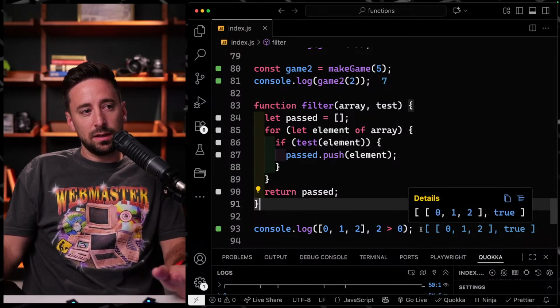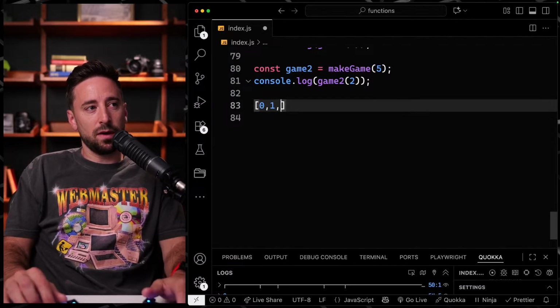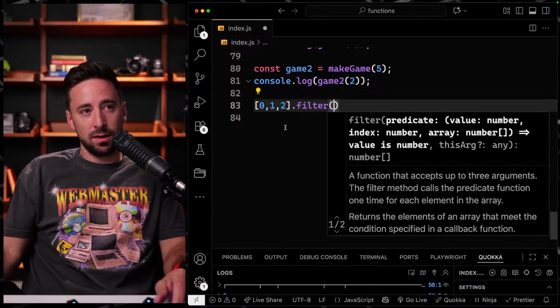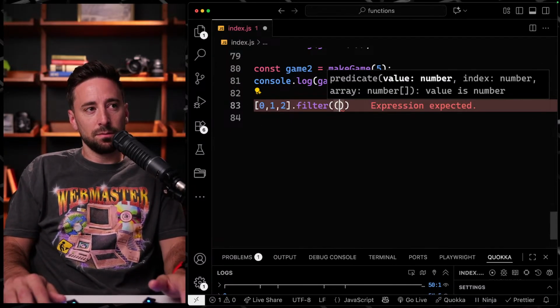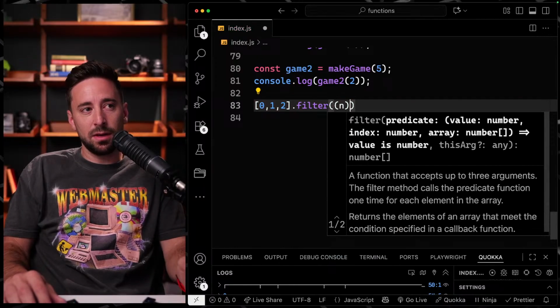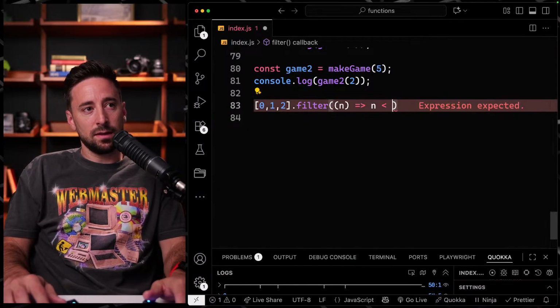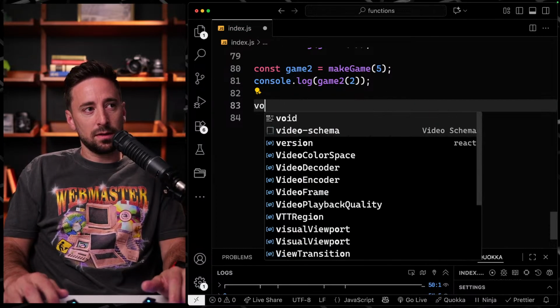Well, the nice thing is we get this by default from JavaScript. So if I have 2, whatever, I can filter off the back of this, and it's the same kind of thing. You'll notice I pass in a value, and whatever the value happens to be, I can name it. And then I just pass in some kind of test, like if n is less than 2, right? So out of this, if I console log this,